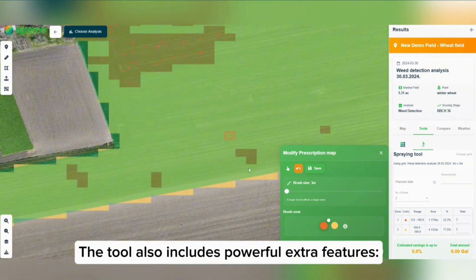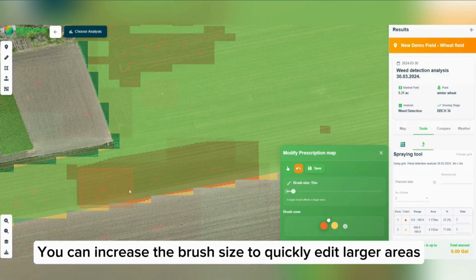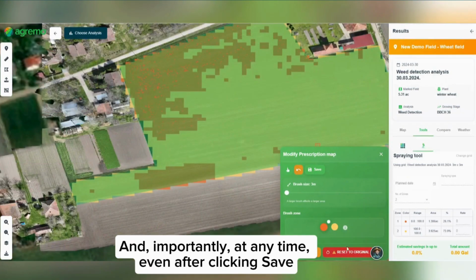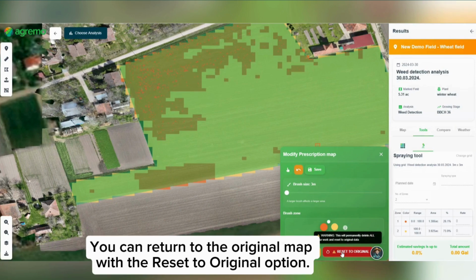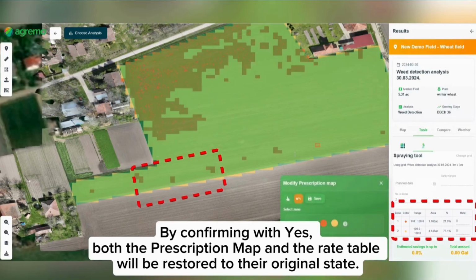The tool also includes powerful extra features. You can increase the brush size to quickly edit larger areas. Use the back button to undo mistakes. And, importantly, at any time, even after clicking Save, you can return to the original map with the Reset to Original option. By confirming with Yes, both the prescription map and the rate table will be restored to their original